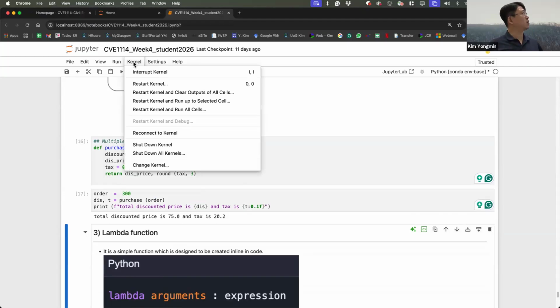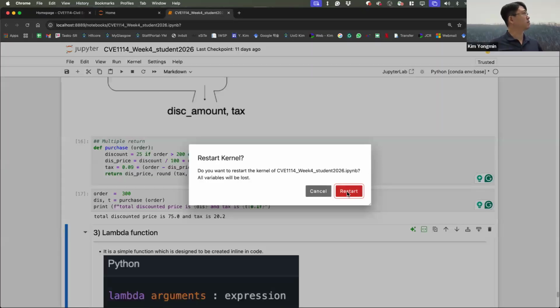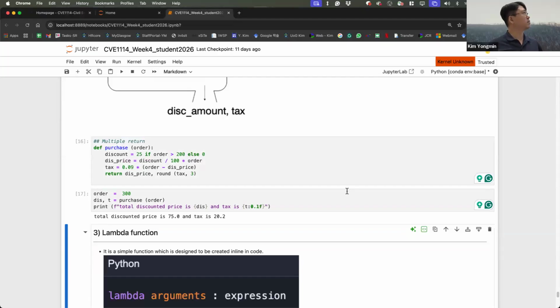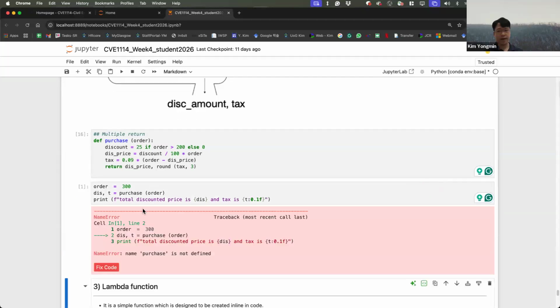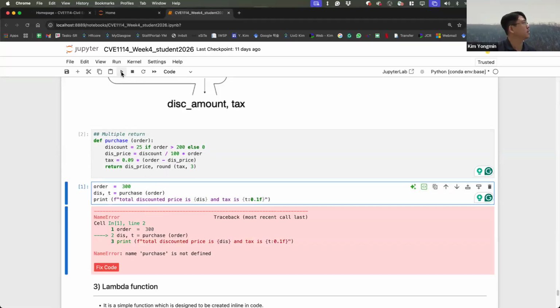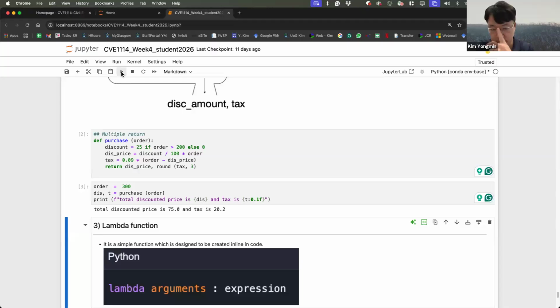I will reset the kernel first. And then I run only this cell before running the purchase function. They are very curious about what the purchase is. So I run this and this. This is the function.